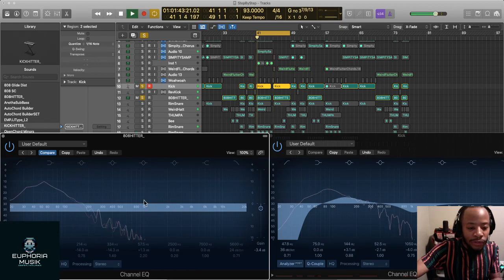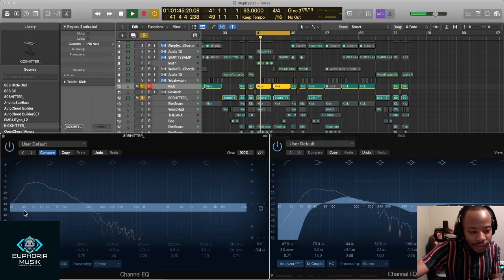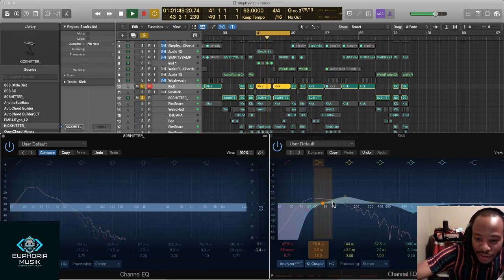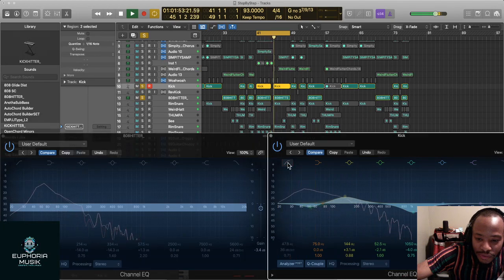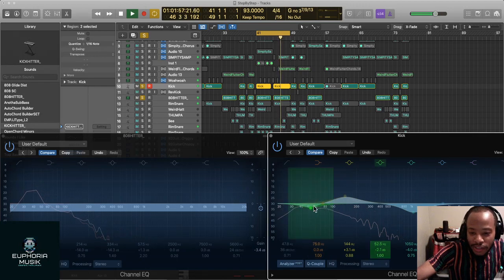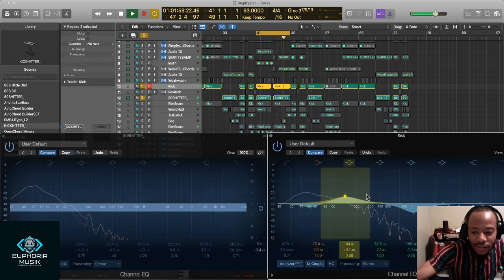So it's just lower volume. Look at all the frequencies that this is hitting. If you compare it to where the kick is hitting without any processing on it, well, just a little bit of processing.